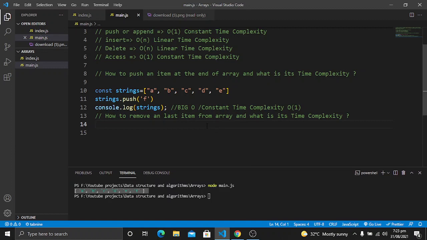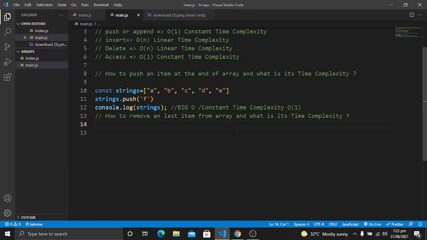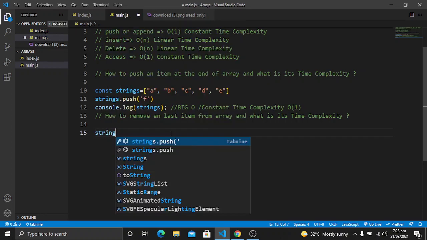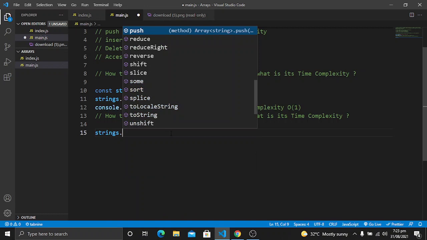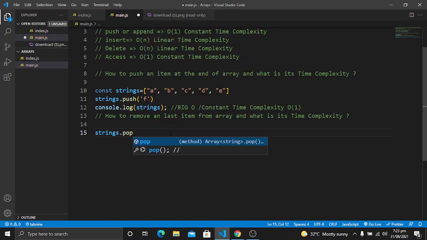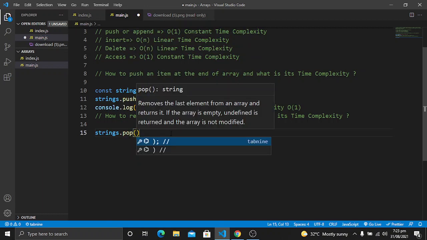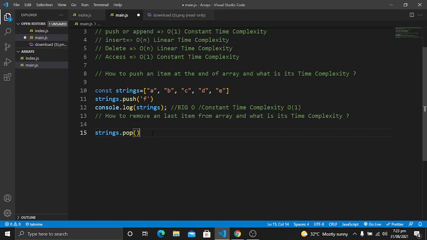Let's hide the terminal first of all. Now you will see this is our array, and we have pushed f into this array, and we have console.logged it. Now if we want to remove the last item, the last item here is f, as we have checked in the terminal. To remove the last item from the array, we will just use the pop method. We don't have to pass anything here.